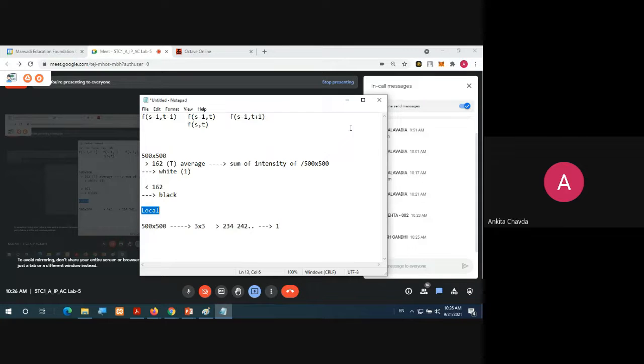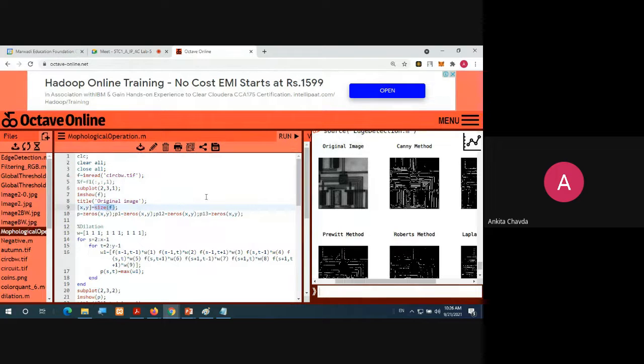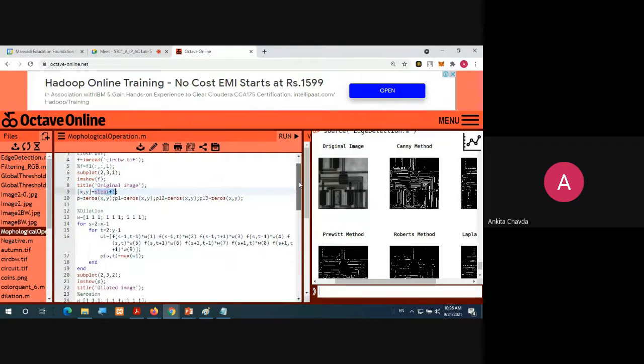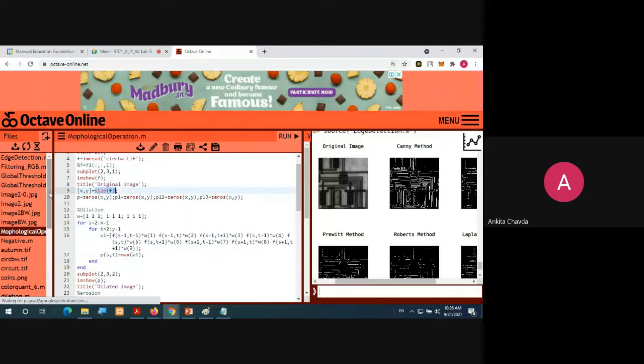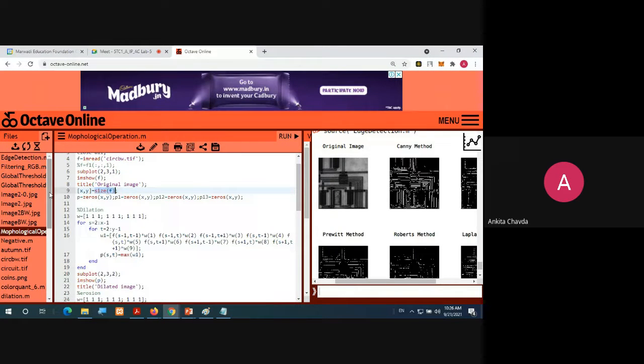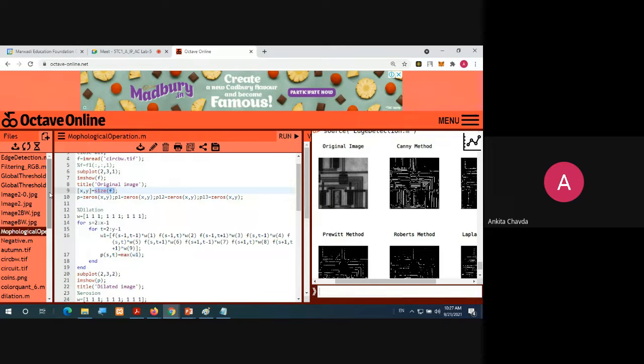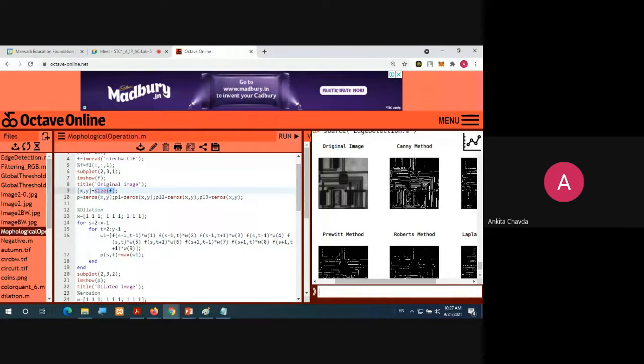Simple. So this local thresholding you will implement by your own, right? Because all the codes I have provided to you. You haven't searched it on net. You haven't done any of the task by your own. I have given everything. So this time, at least this local thresholding, you will do it by your own. And for that only, this code is required.